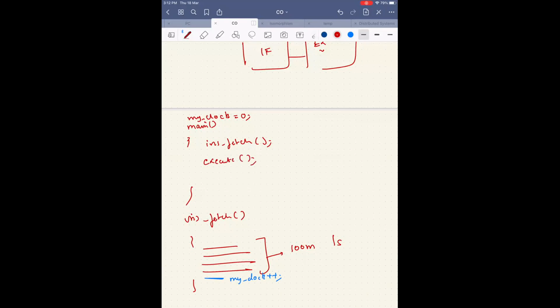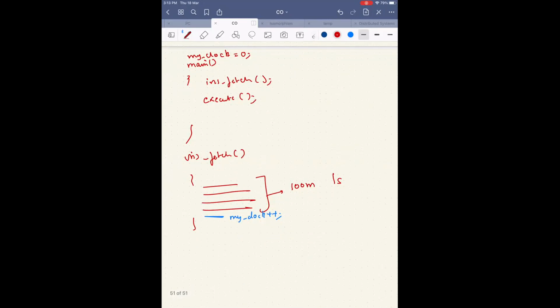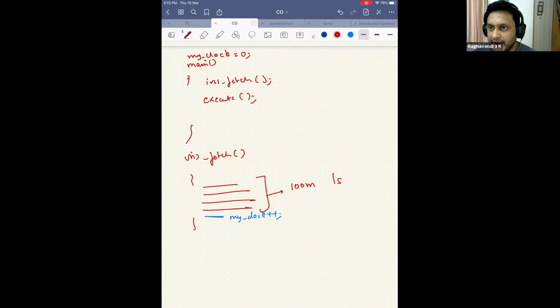Sir, one doubt: this 1 clock and 2 clock, are you deciding it? Yeah, I can give it as a variable, so I can plug it in as a value. Let's say the user wants to simulate some processor where, in the real world, maybe he has figured out that if he builds the hardware, its execution unit takes 2 cycles for a 1 gigahertz clock. Then he will plug in the value 2 there. But somebody else has come up with a very intelligent design, where for a 1 gigahertz clock his execution unit takes only 1 cycle. Then in the execute stage, all you have to change is the variable.